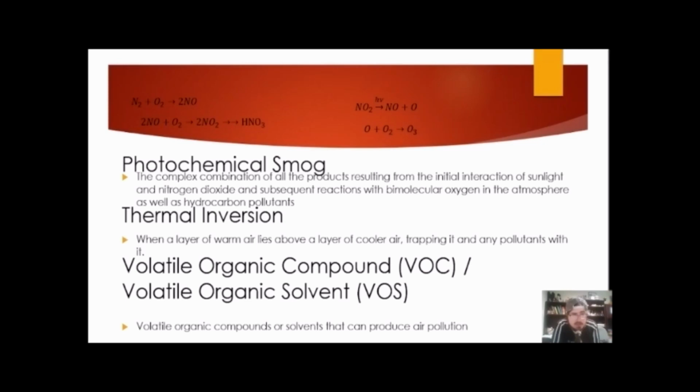Now, nitrogen is usually very, very stable, but at high enough temperature, it will combust with oxygen in the air. This can happen in lightning strikes. So whenever lightning happens, we naturally form NO,